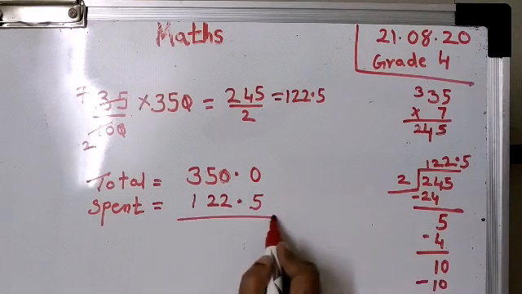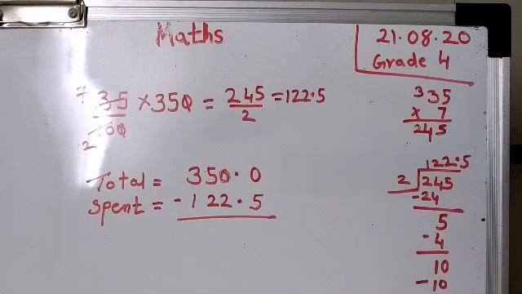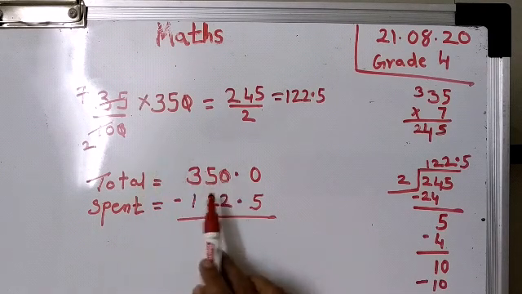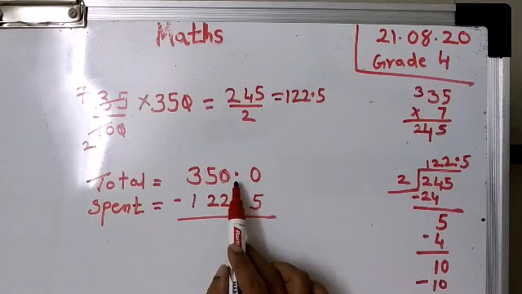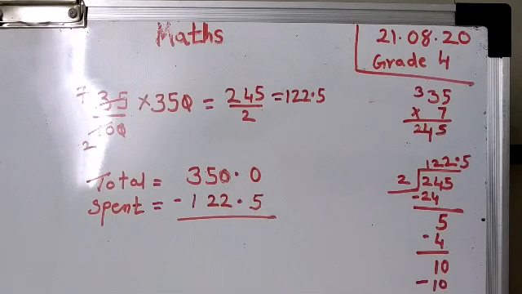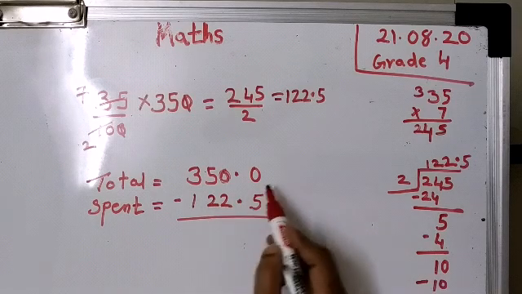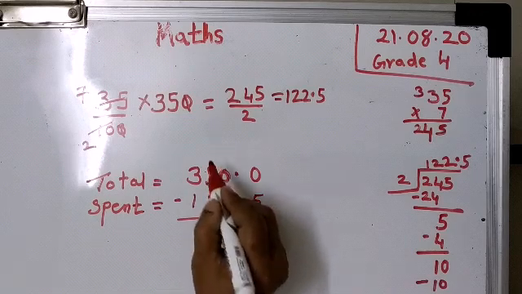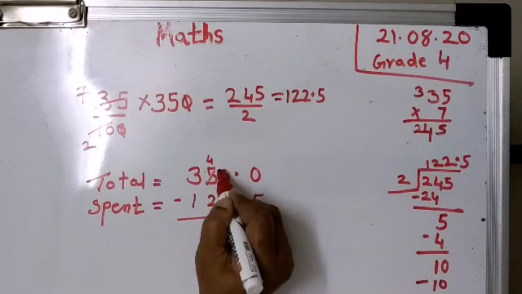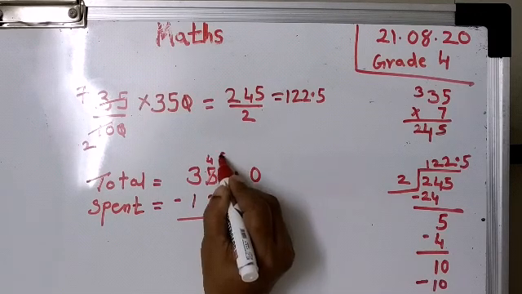Right? And now you minus. Children, do you understand 350 is a whole number and this is a decimal number. That's the reason why we put a decimal and then we add a 0. Okay. Now, can we minus this, children? No. So we need to borrow. So we borrow here. So this remains 4. This becomes 10. But then you need further to borrow.